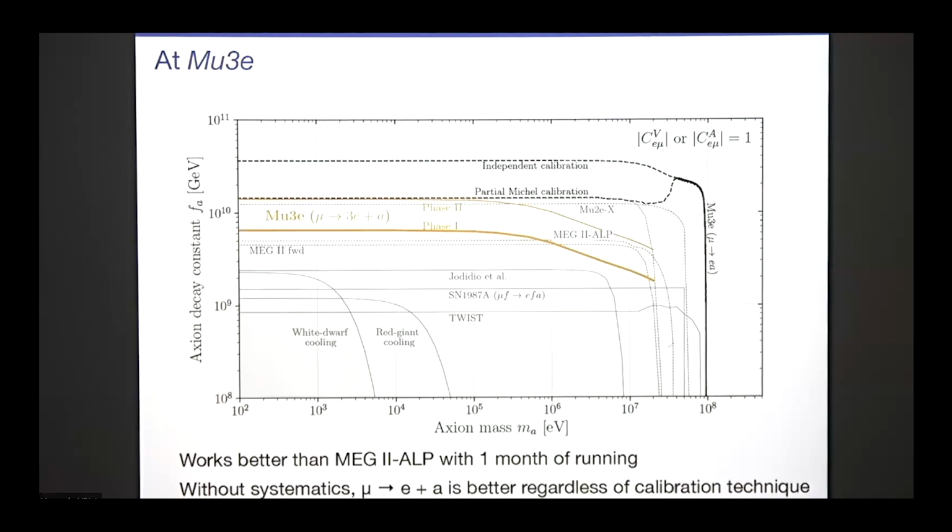Yeah. I also want to add that the mu3e line is phase 1, right? Yes. In phase 2, you might get a factor of 10. Yes, if the systematics again are under control. So this is phase 1 on mu3e. Maybe we should add that in the label. Right. Assuming that we have some systematics. Yes. But we are sort of working towards this. Okay, that's good to hear. Yeah, I don't see how COMET and mu to e would be much different, but we're working on that also. And Jure is going to show some things about that. Yeah. Sure.